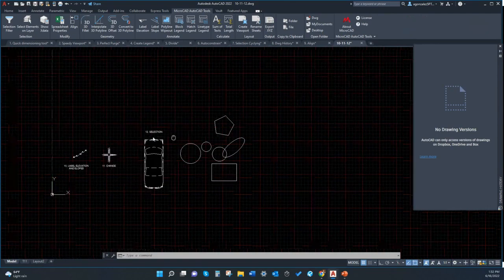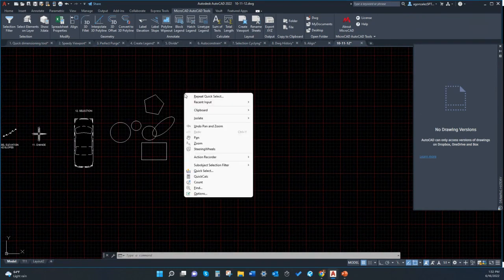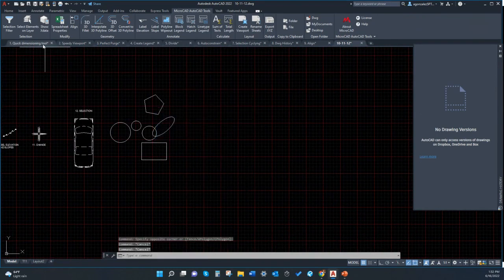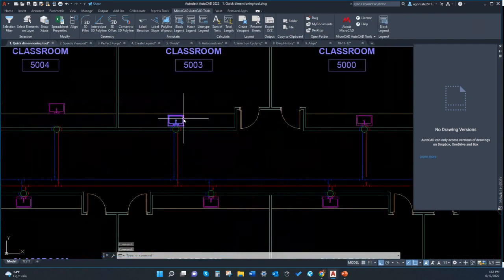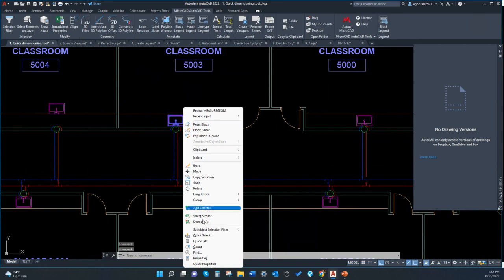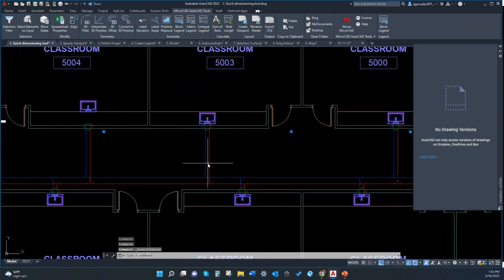And another one that I know you have used a lot is the select similar option. Let's say here, I'm going to click on this lavatory. I'm going to right click and select similar. As I told you, I'm sure that you have used this one and you can use it a lot, but I bet some of you didn't know